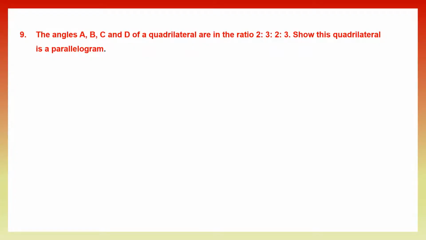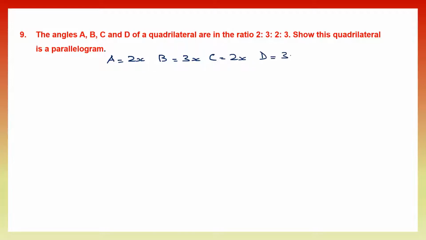Next question. Question 9. The angles A, B, C, D of a quadrilateral are in the ratio 2:3:2:3. Now we have to show that this quadrilateral is a parallelogram which has two pairs of parallel sides. Okay, now first let us consider the angles of the quadrilateral to be 2x. So let A be equal to 2x, B is equal to 3x, C is equal to 2x and D is